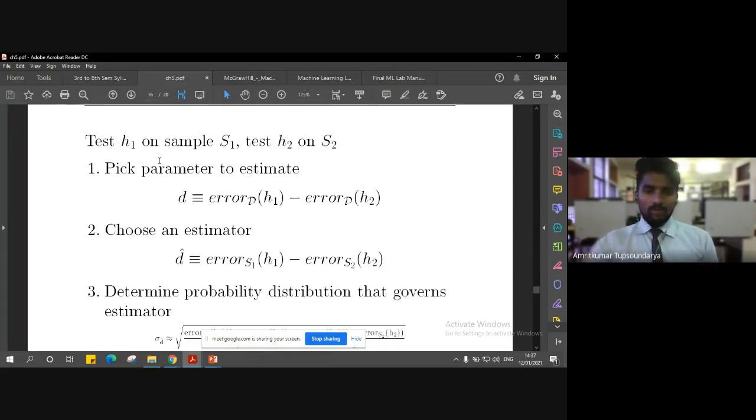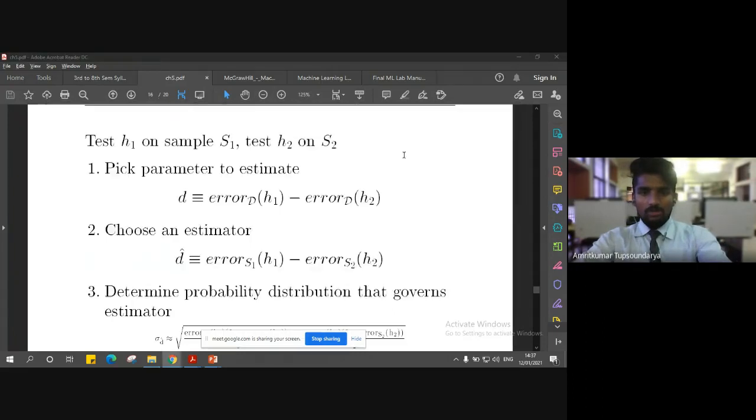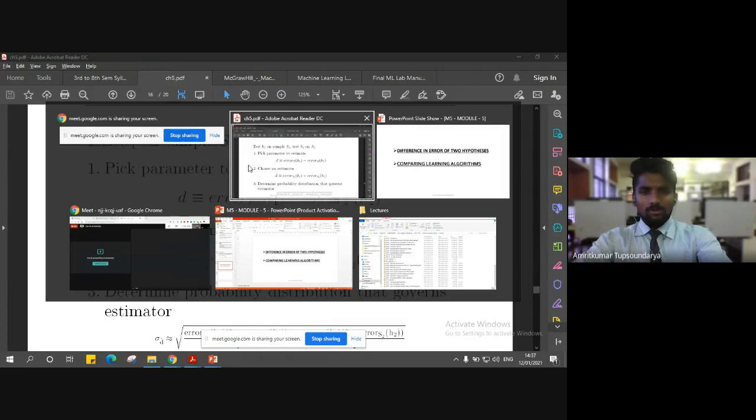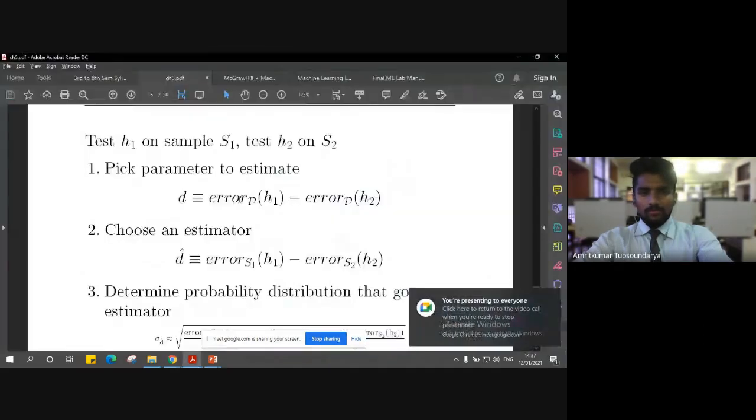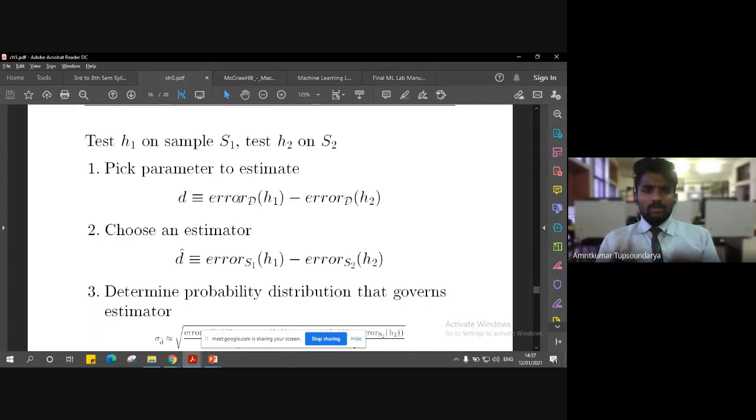So error D of H1 is the true error for H1, and error D of H2 is the true error for hypothesis H2. So once we have the difference between these true errors, it becomes easier for us to pick the parameters to be estimated.